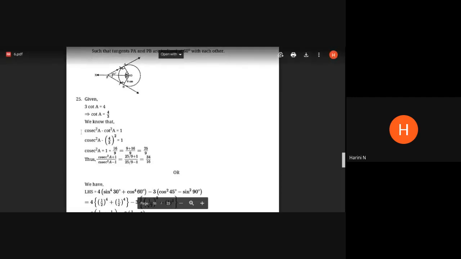Because your cot A is given and a cosecant square is asked, you should know that there is an identity which connects the cosecant square and the cot square. Because I know cosecant square minus cot square equals 1, or the original identity actually we have studied as 1 plus cot square equals cosecant square. So you must know how to rearrange the identities, in all the 3 ways. 1 plus cot square is cosecant square, and cosecant square minus cot square is equal to 1, you must know. I think when I gave the identities, I have given it in all the multiple forms. Please learn that also and get used to it.